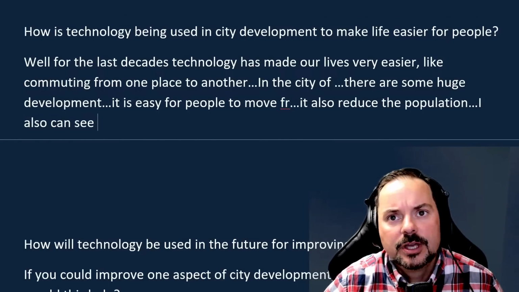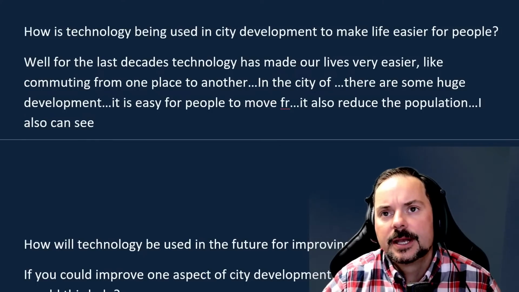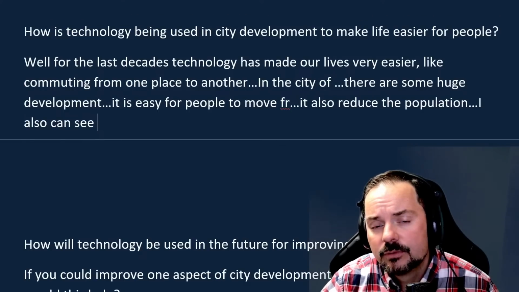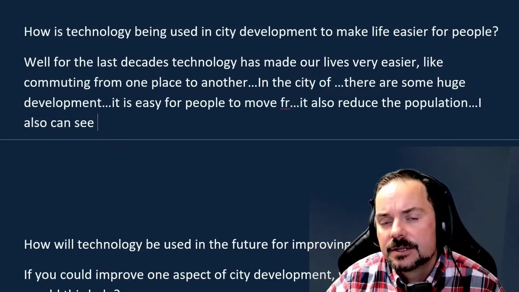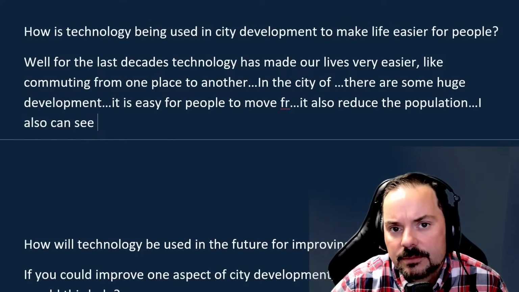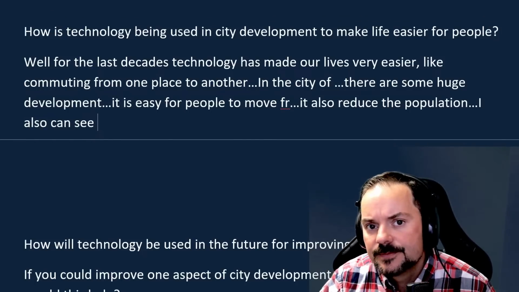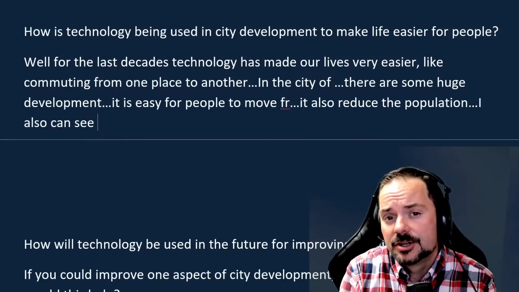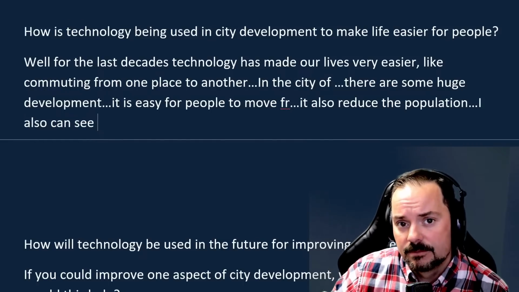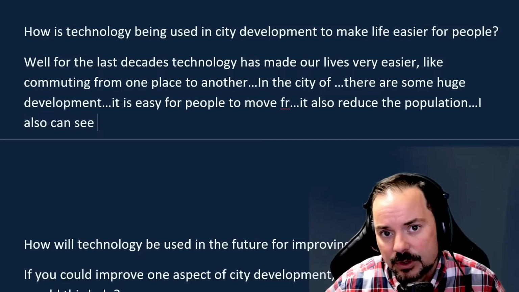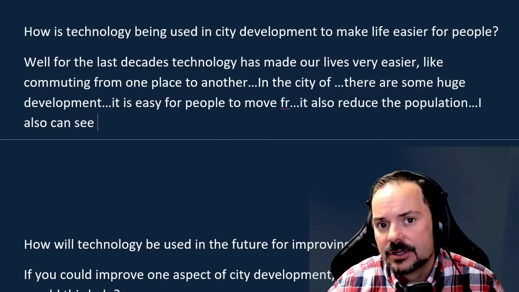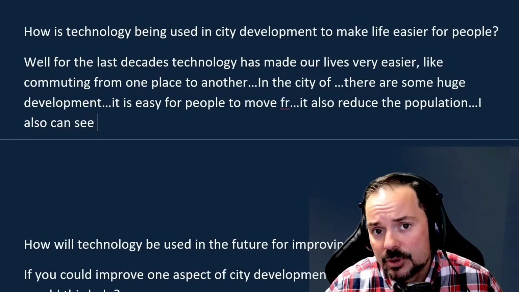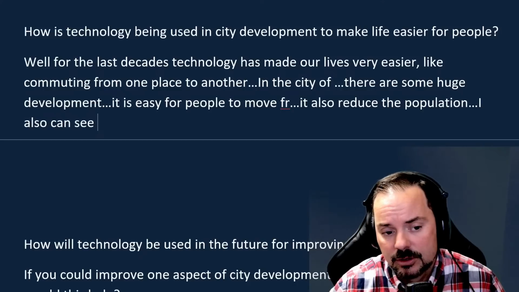So you give a lot of information, but it's not quite clear. I get the overall idea of what you're saying. However, because of the content, the grammatical mistakes, the word choice, it's making it a little bit tricky for me to understand exactly what you're saying. So I mostly understand what you're saying, but not exactly. And to get into band 7 or higher, you have to have more concise and more precise language. Are you following me, Adele, so far?